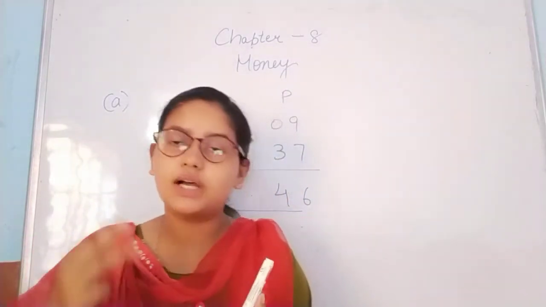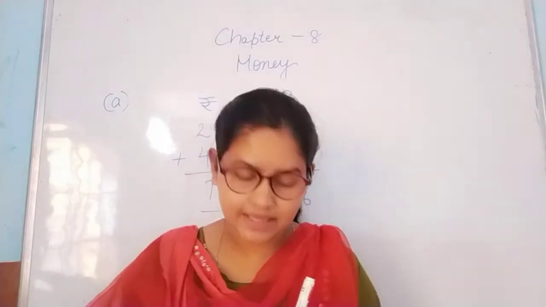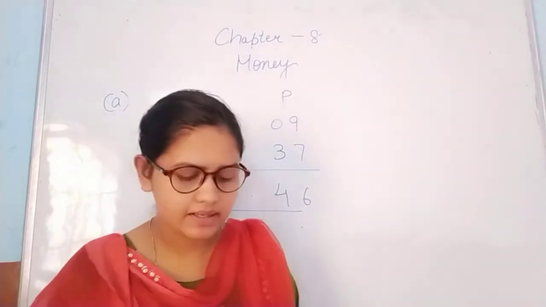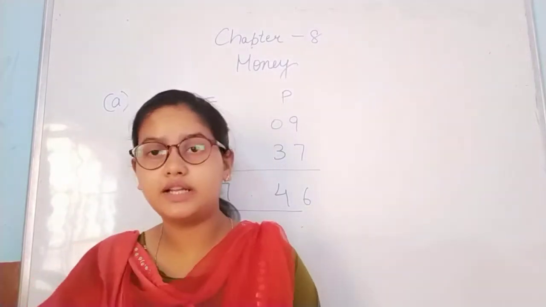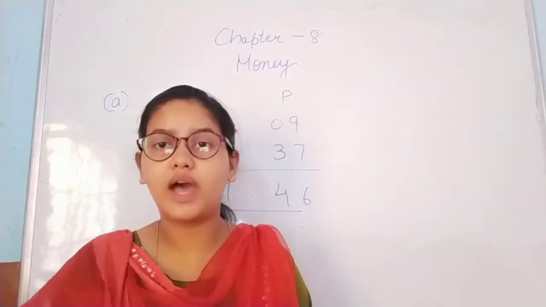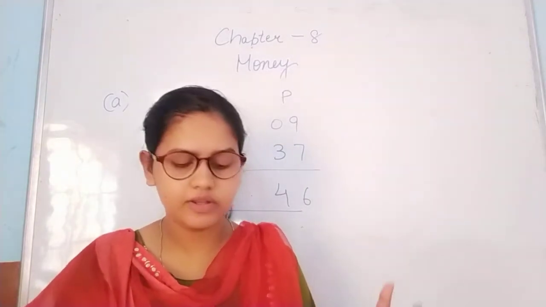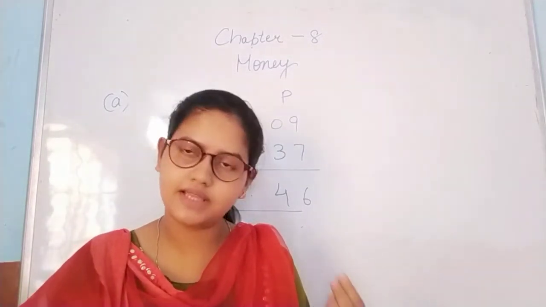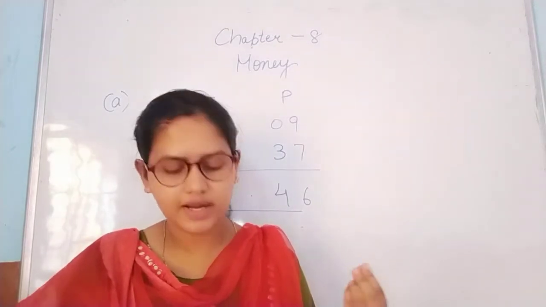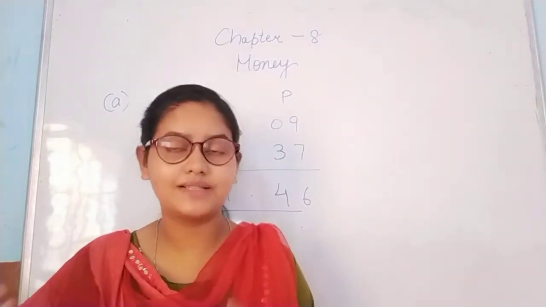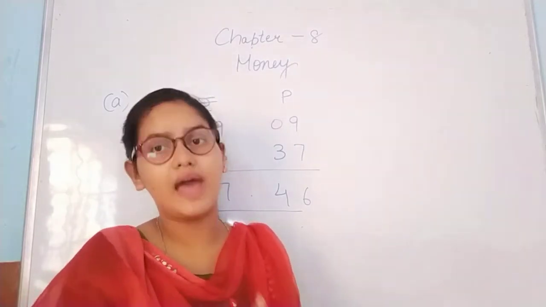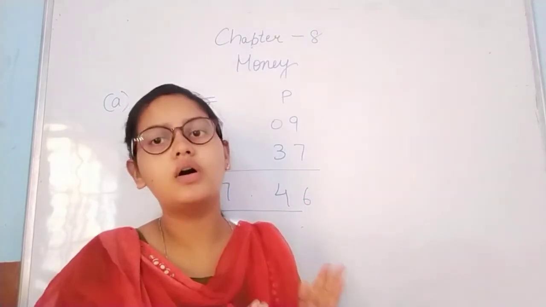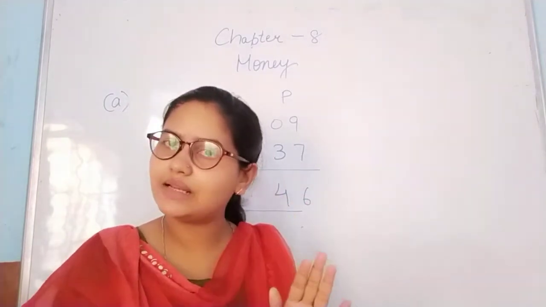Then the third answer, the C equation answer, is 68 rupees 6 paise, right? Then the D one is 330 rupees and 12 paise. We have to add 70 rupees with 0 paise. So this will be the addition of 400.12. 400 is rupees and 12 is paise. So by this method you have to add all these amounts of money by yourself in your book, right? The first one is clear.